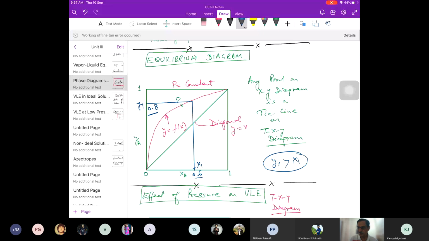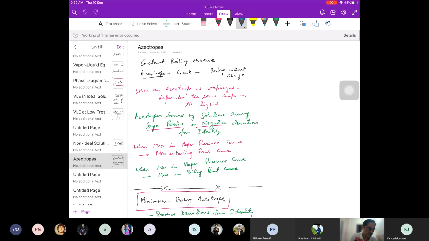That means I cannot increase the concentration of the more volatile component in an azeotrope. Did you understand the definition of azeotrope? So it is a constant boiling mixture. It is boiling without change. So there is no change when we boil it if it is an azeotrope. So when an azeotrope is vaporized,